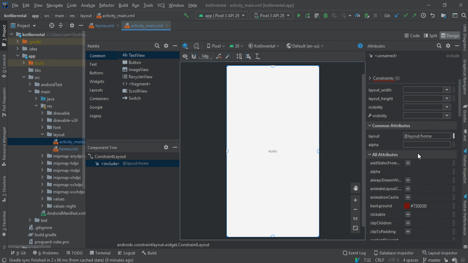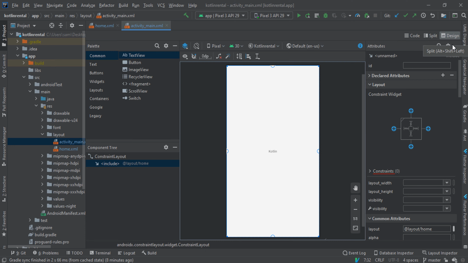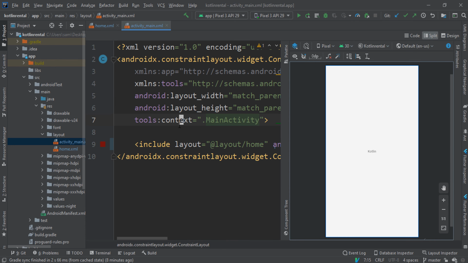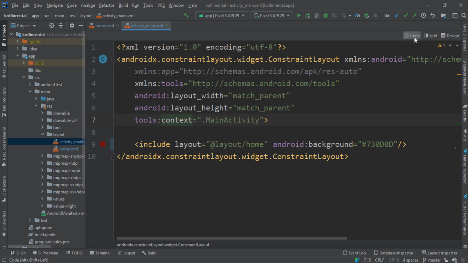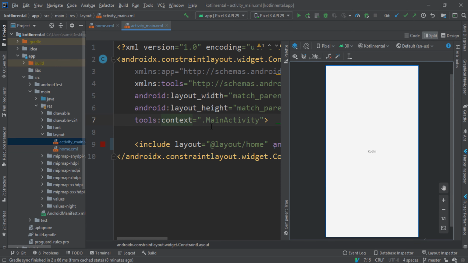But over here, you can see we are on the design tab, and when you click on split, you are going to see the code and also the design. And if you want to switch entirely to the code, you can click on code to work with the code directly. So the environment of IntelliJ IDEA or Android Studio actually helps us to interact with our application,